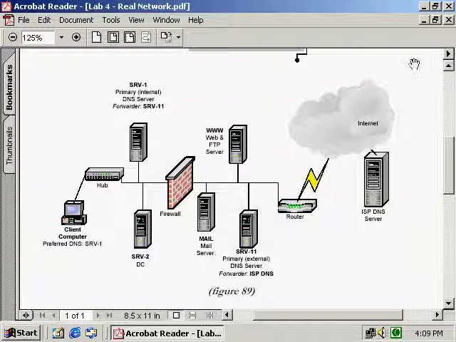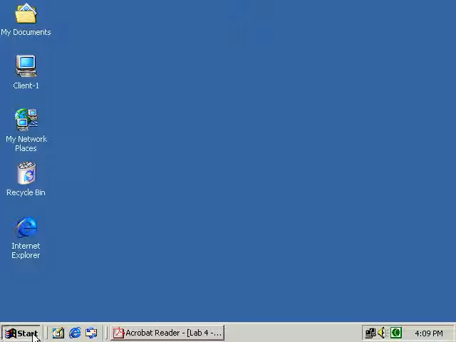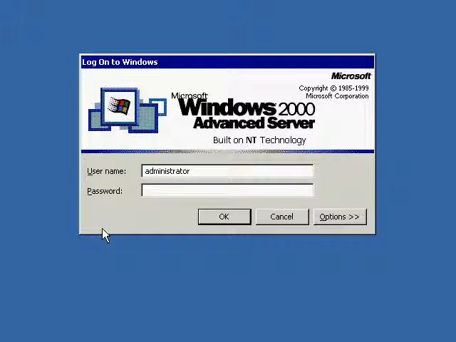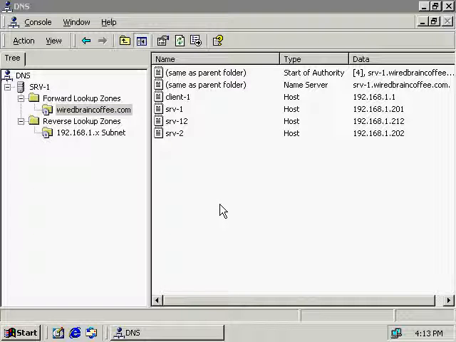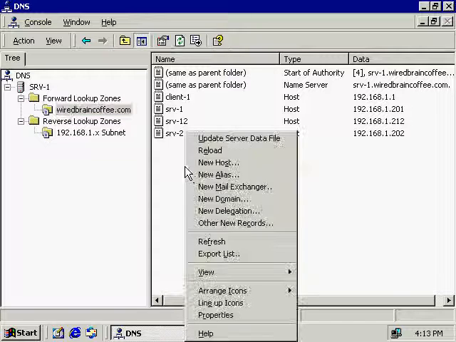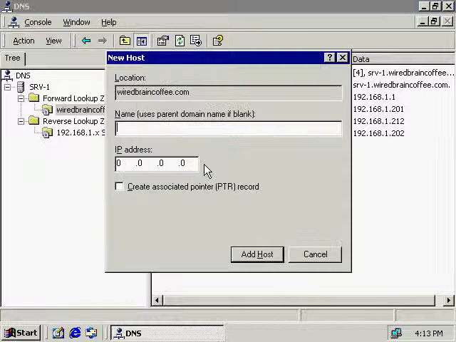Okay, easiest thing we can do is go back out to our internal DNS server. In our case, that's SRv1. And what we're going to do is configure static records here within our host records. Okay, so what we need to do is make sure we're in our forward lookup zones first. And then once we're here, we're going to create a static record for each of the different www entries to start. So I got a new host, and I'm going to type in, like I said, www, and then the IP address,